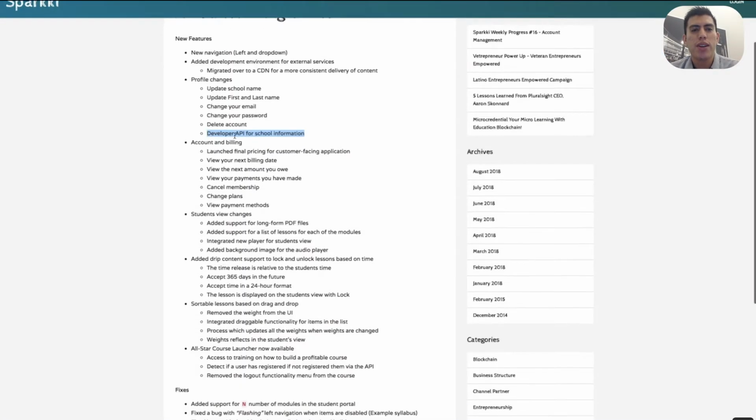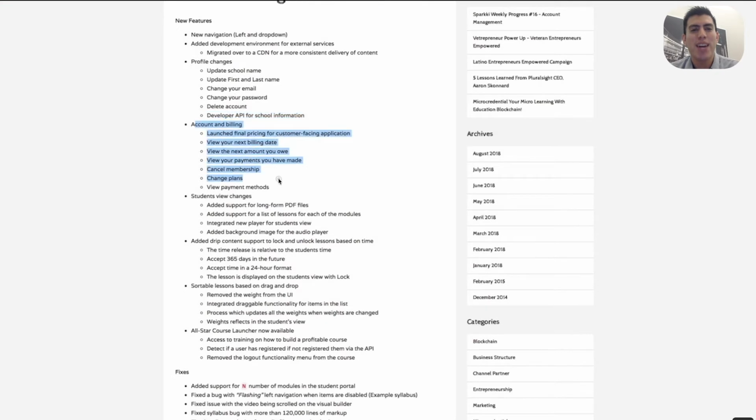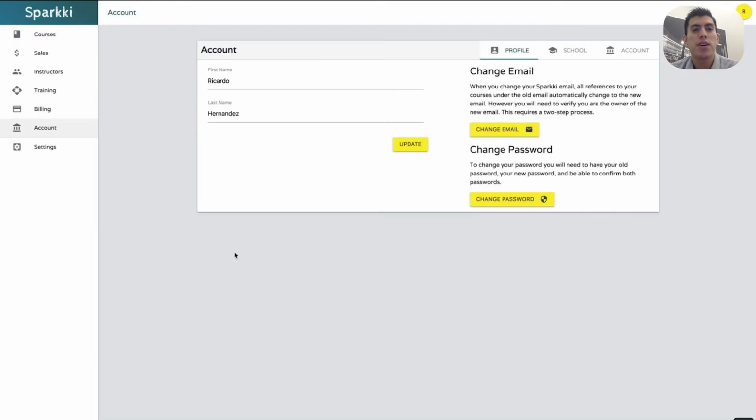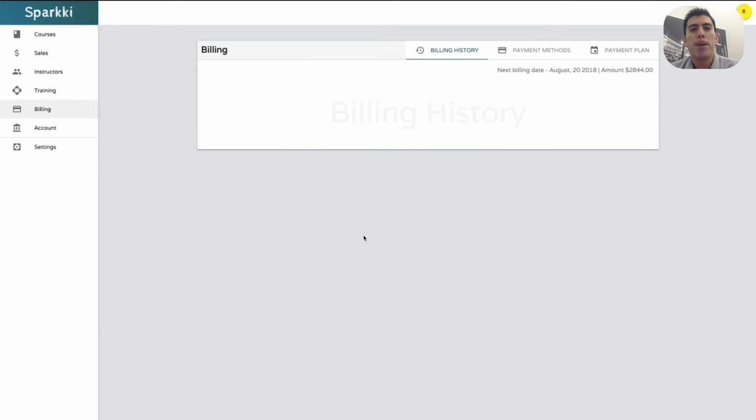So let's go ahead and look here to the next part, which is account and billing. The account and billing is the ability for you to see your next billing date, how much you owe, view your payments from your history, cancel your membership, change plans, and then view your payment method. So if you go into account here, you'll see here's where you were at. Now we're going to billing. So inside billing, you're going to see